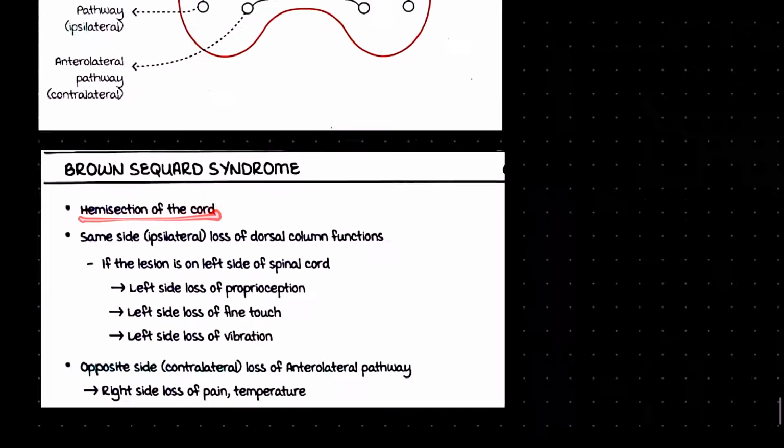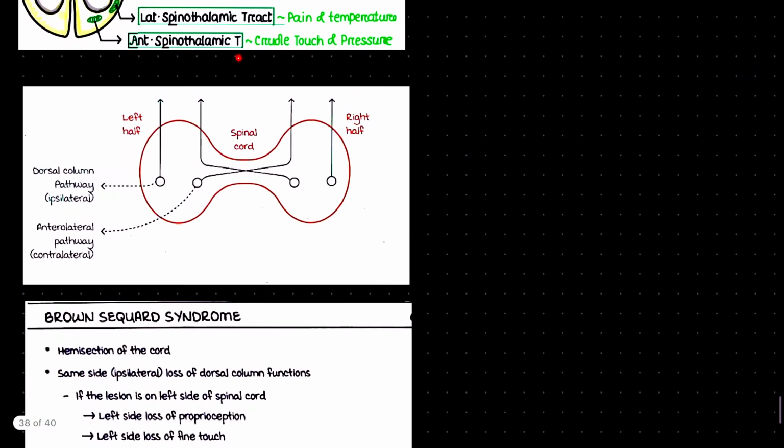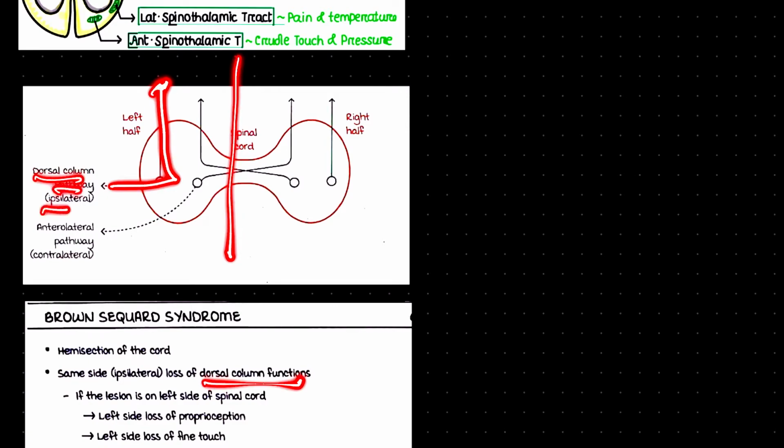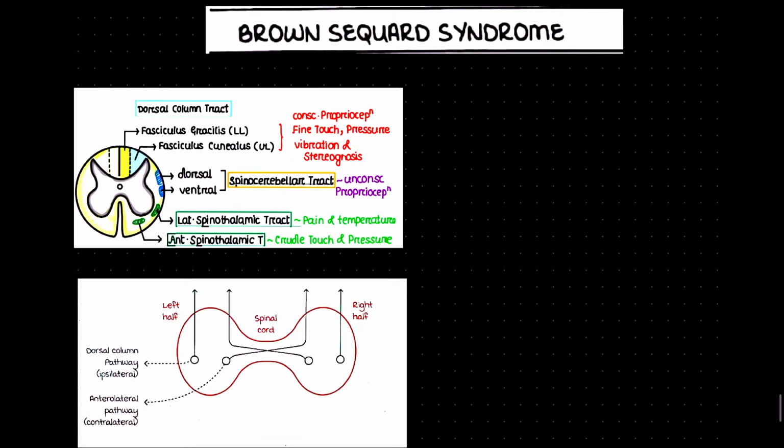Hemisection of the spinal cord is our Brown-Sequard syndrome. Same side means ipsilateral. There will be same side, ipsilateral, loss of our dorsal column function. We know the dorsal column functions: proprioception, fine touch, pressure, vibration and